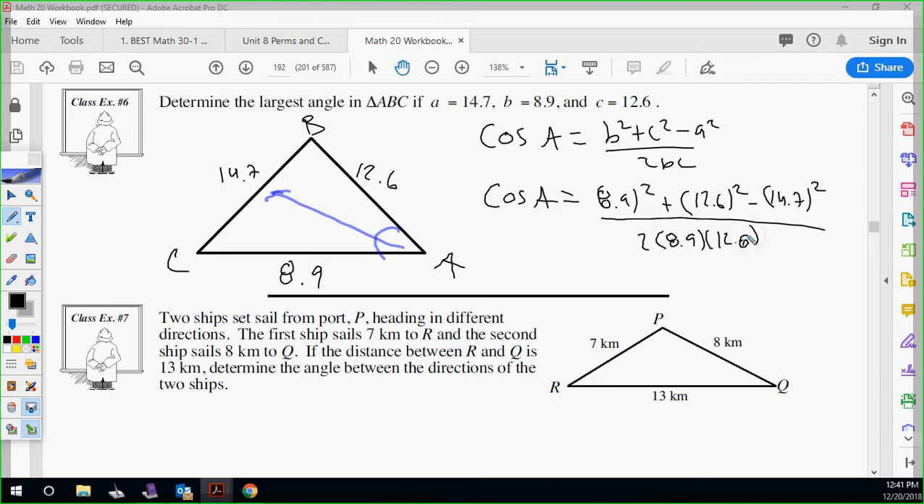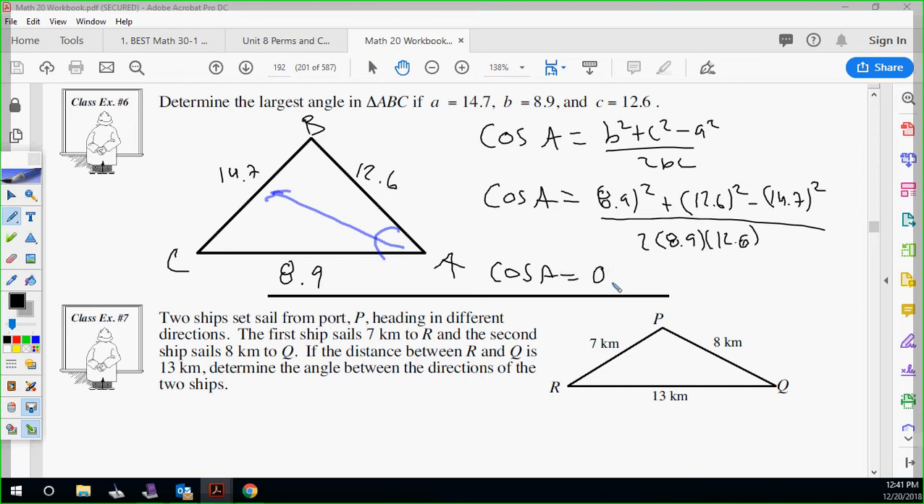Remember, now that you have a big fraction bar, maybe do the top, then divide by the bottom. Make sure you use brackets if you're going to do it all together, else the bottom will divide by 2 and multiply by the rest. Okay, so make sure you use your brackets. When you do that, you're going to get cos A equals 0.9